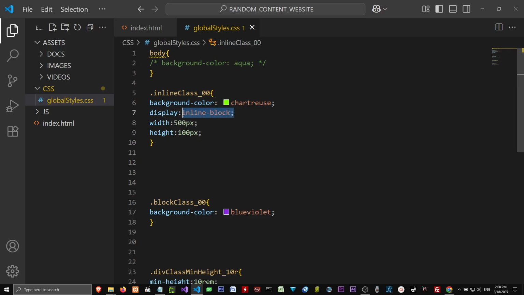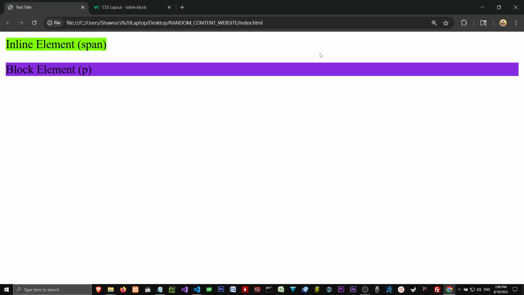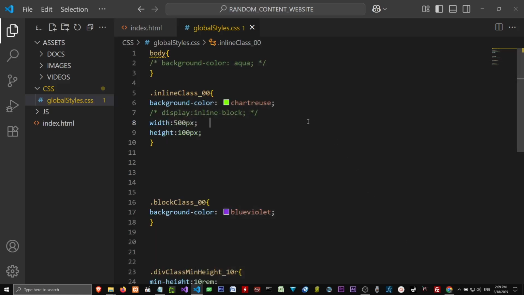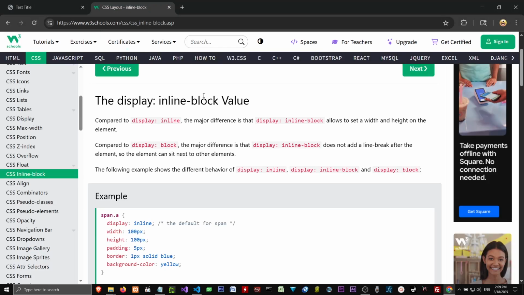Now for fun, why not comment this out? So highlight it, and you hold down Control and the slash. Now that it's commented out, the browser won't read this, and we'll hit Control S to save, and we'll come back to our web page, and boom, there we go. We're back to the inline element behavior. All right. So let's hit Control Z to make it inline block again, and hit Control S to save. Now for the block class, let's come back here to the W3Schools and see,